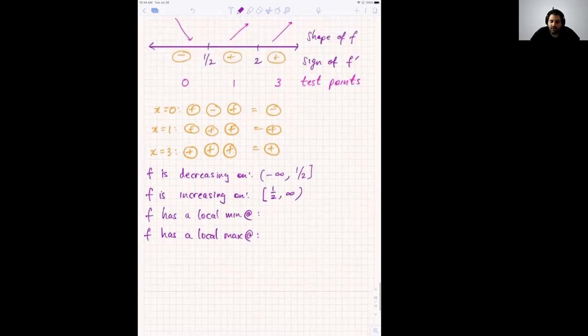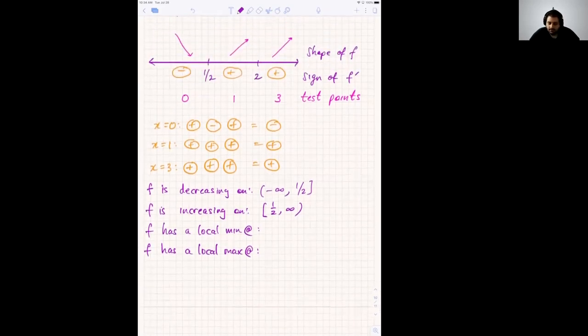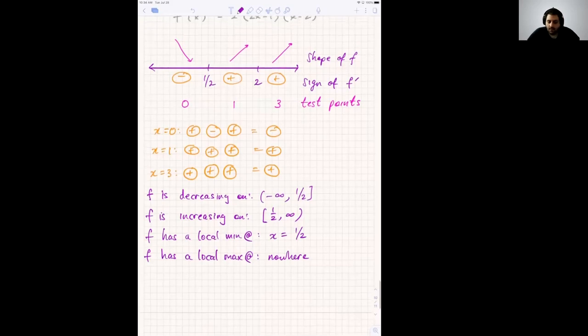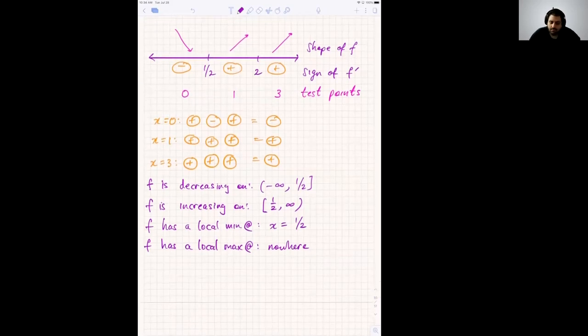All right, where do we have a local minimum, if any? X equals 1/2, right? And what about a local maximum? None. Okay, good. So that's it for the